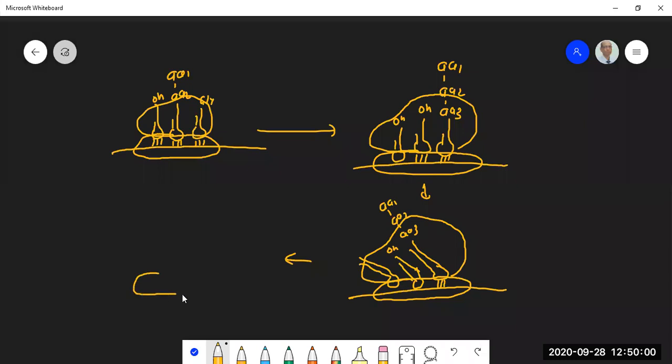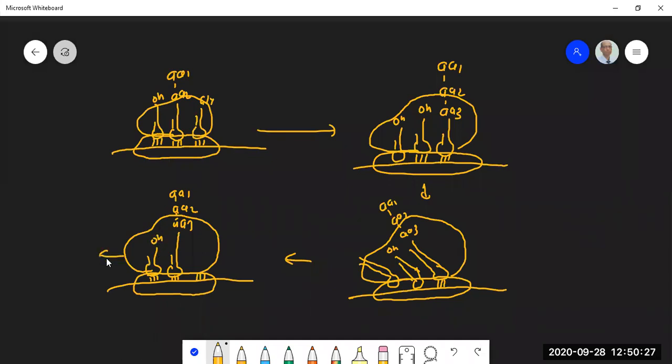So in translocation, three movements take place as we discussed in the last slide. So there will be a new codon at the A site. Peptidyl tRNA will be occupying the P site. AA3, AA2, AA1. Okay, there will be a new deacylated tRNA here at the E site, and the earlier deacylated tRNA has been moved out of the ribosome. So new codon is now occupying the A site.